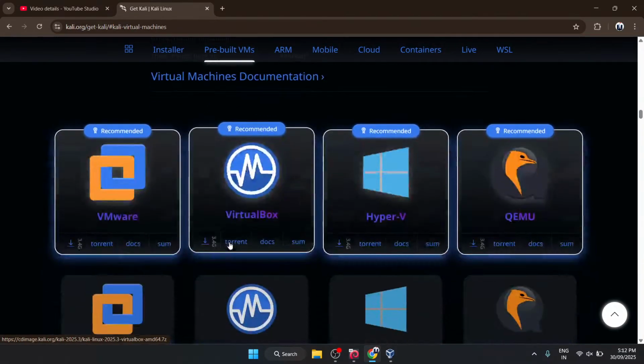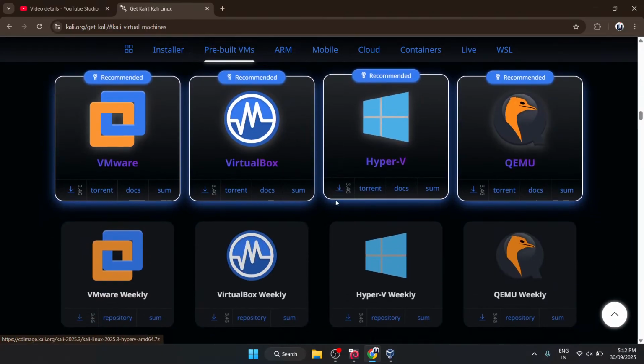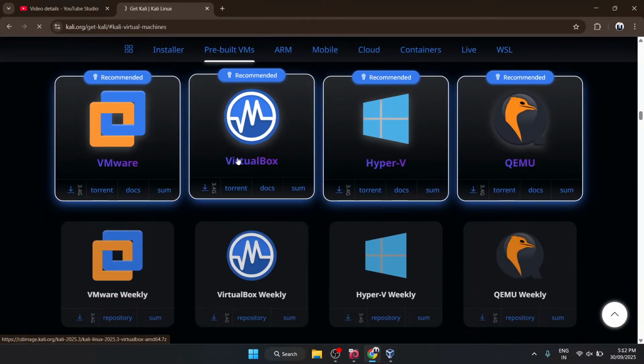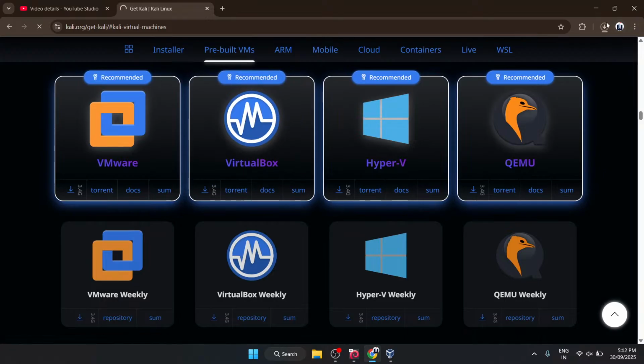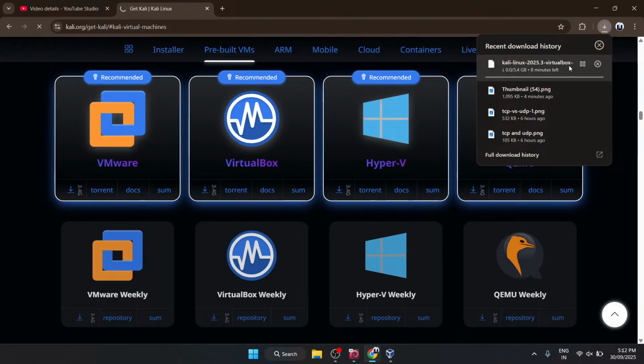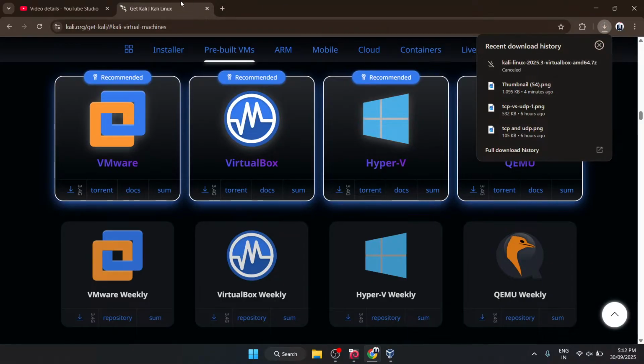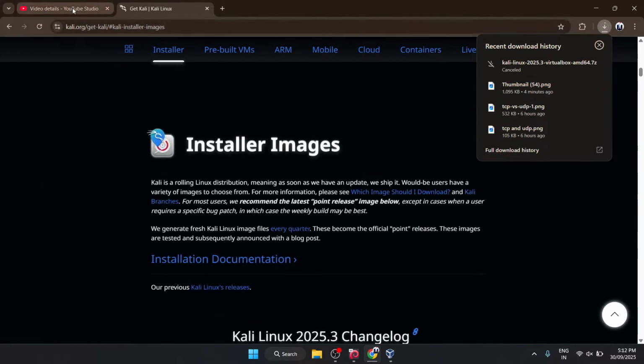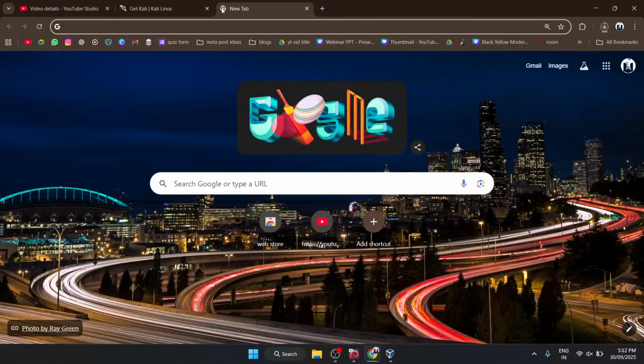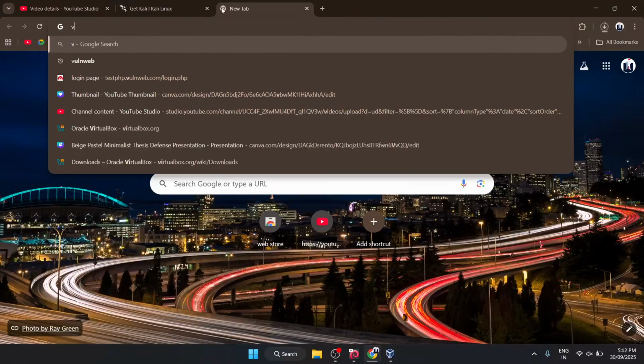So here I'm going to the virtual machine. Here I have got VirtualBox. Then this will start downloading. This is a 3.4 GB file. It's already downloaded in my system. So from Kali.org you can download the Linux, and for the VirtualBox you simply have to go to